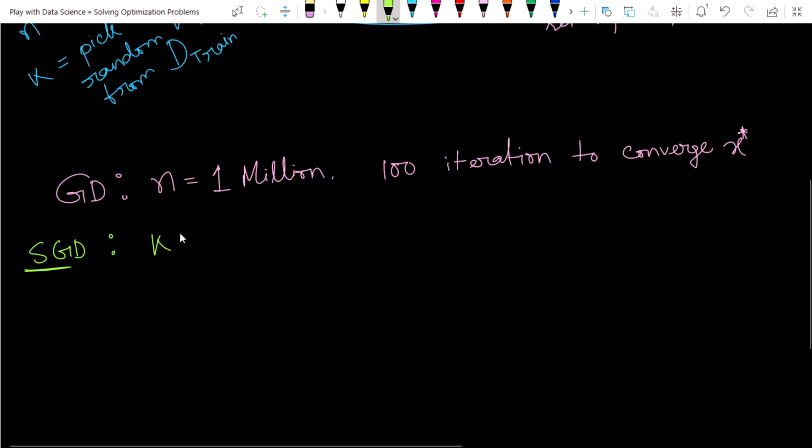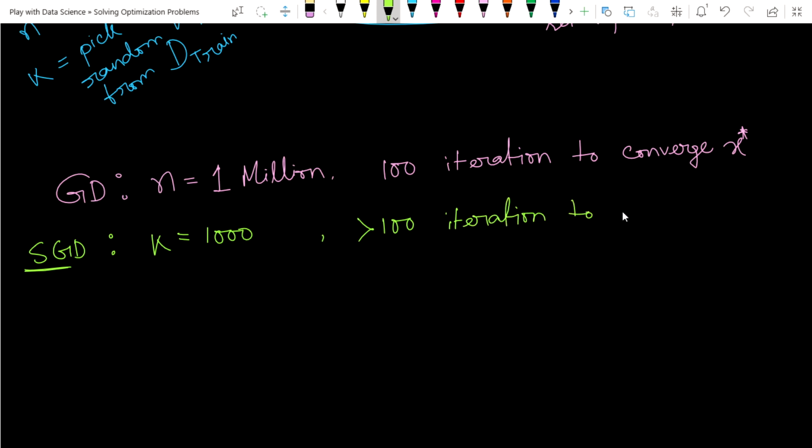If we choose k equal to 1000, then stochastic gradient descent takes more than 100 iterations to converge to x star.